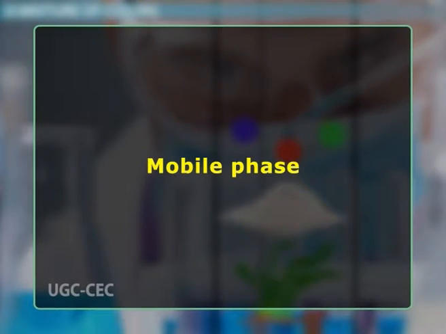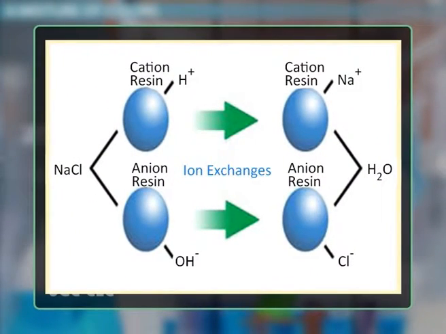Now, mobile phase. In ion exchange chromatography, generally eluents which consist of an aqueous solution of a suitable salt, or mixtures of salt with a small percentage of an organic solvent, are used, in which most of the ionic compounds are dissolved better than in others. Therefore, the application of various samples is much easier. Sodium chloride is probably the most widely used and mild eluent for protein separation because it has no important effect on protein structure. However, NaCl is not always the best eluent for protein separation.